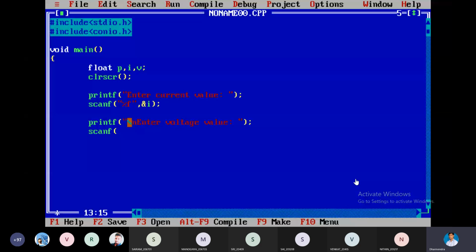Then scanf, again read this percentile f. Another address will be given for this one. Address of V. So another address will be allocated for this V variable. At that address, the value will be stored. Now I'm calculating P is equal to,